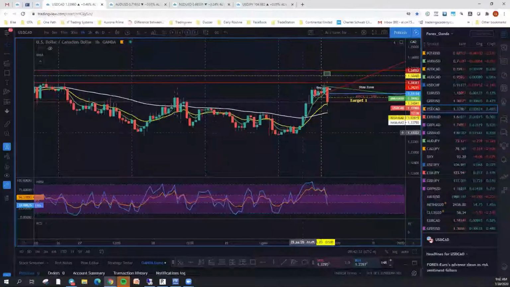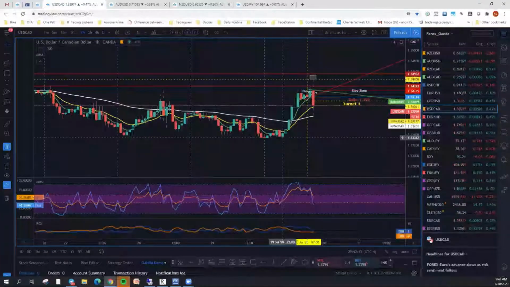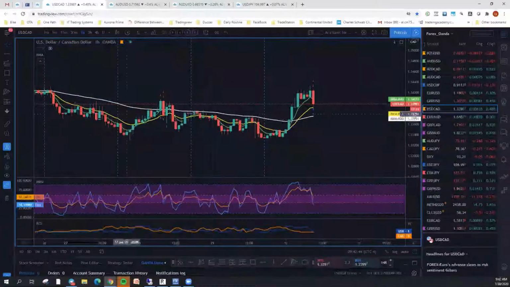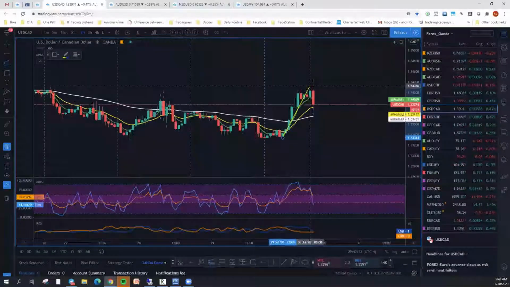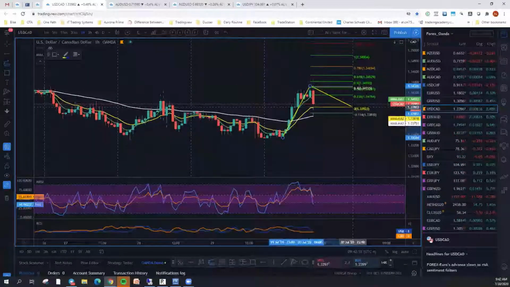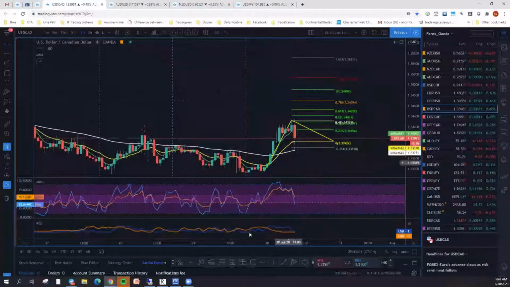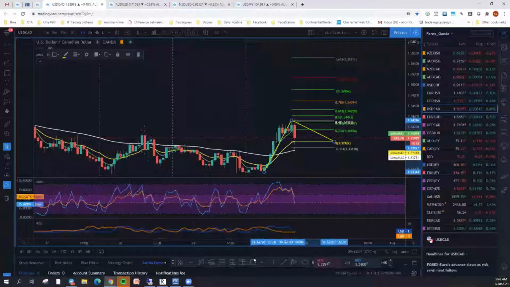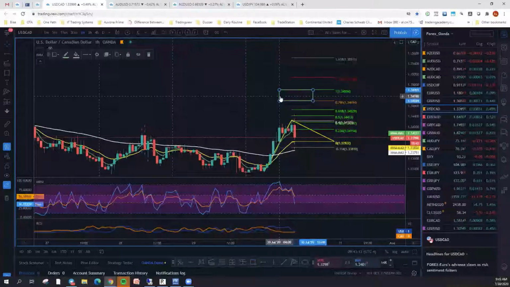On the 1 hour chart, you're looking at an uptrend where all the moving averages are heading in the upper direction. This is a pullback. On a 1 hour chart, this is basically a pullback right here. Here's the beginning of the move down below. Let me take all these off. Again, I don't know how deep this pullback is going to be. If you start from here, take it on up, bring it back down to about 30%, which is right about where the yellow line is, this could be the upper target in this area. This is all higher time frame stuff, but nonetheless you have to respect the higher time frames.